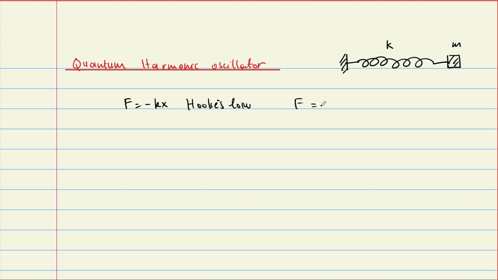And F is equal to m times a, so Newton's second law. So this is going to give you m times a, which is x double dot, is equal to minus k times